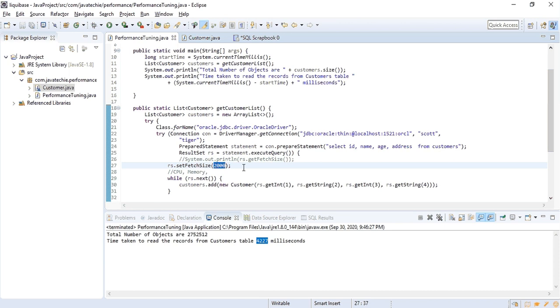Based on the statistics you observe from the CPU and memory utilization, you can arrive at the appropriate fetch size. This is really going to help you tune the performance of your select statements whenever you are reading a huge number of records from the database.